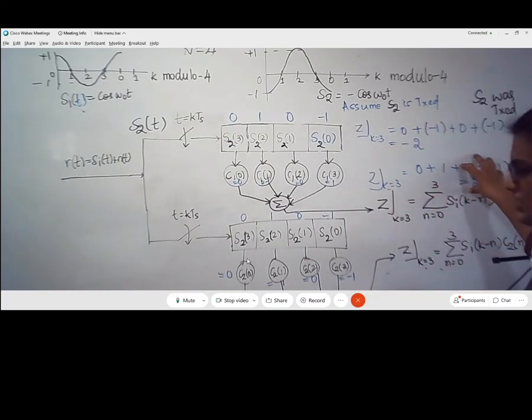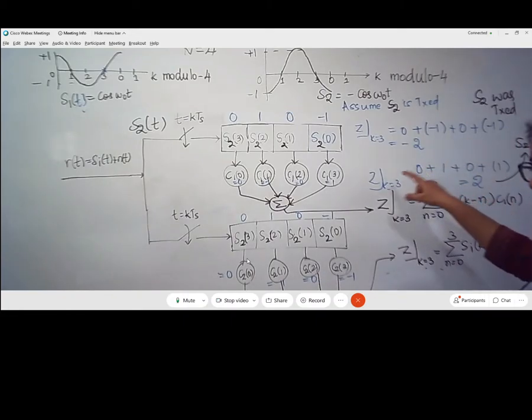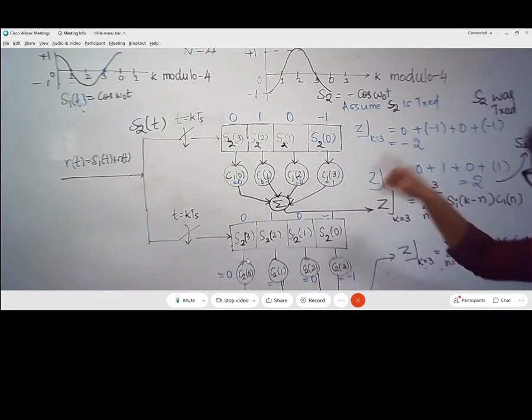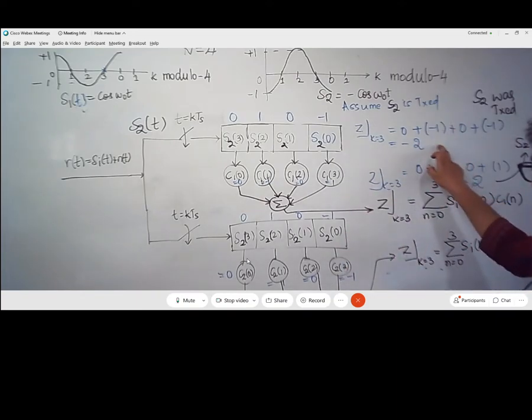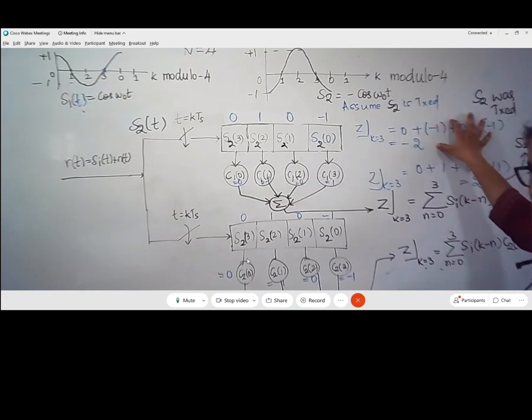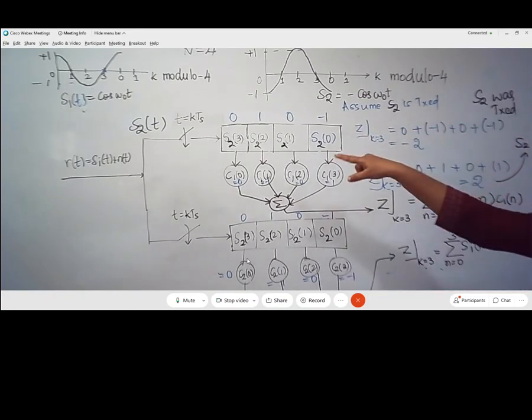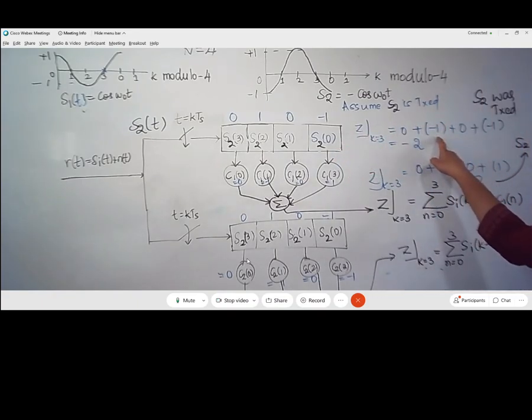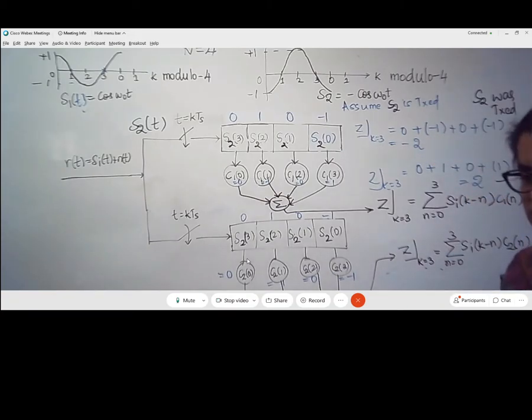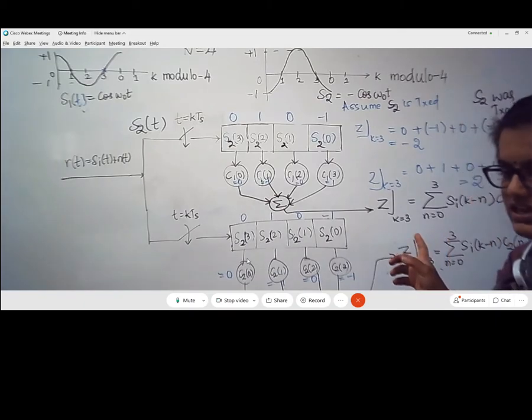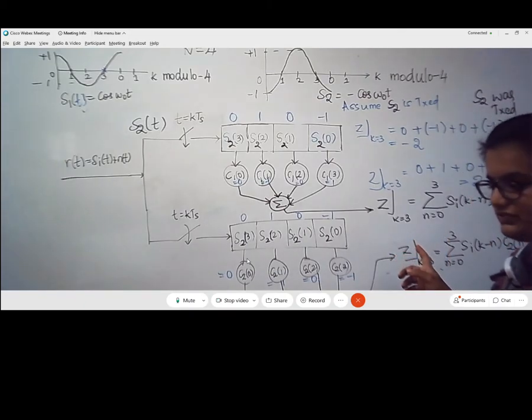Wherever you are going to get a positive and a very high value, there you say that the received signal corresponds to that particular symbol. If its value is negative, then we are going to conclude in favor of the other symbol. Then we are going to discard the possibility that the transmitted signal belongs to symbol S1. So whatever is positive, we are going to decide in favor of that particular symbol. I hope this concept is clear. Sample matched filter.